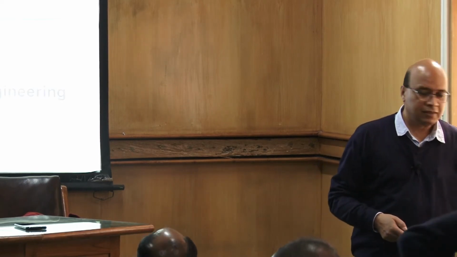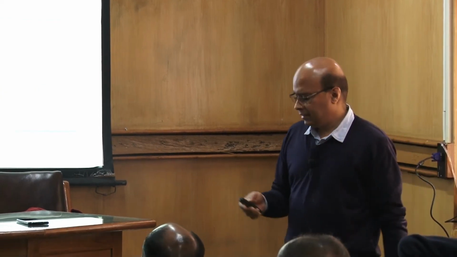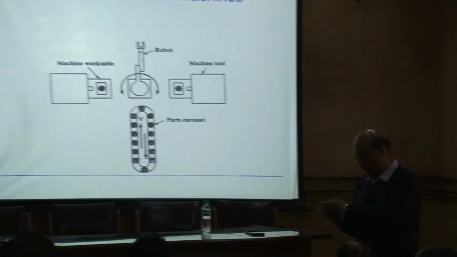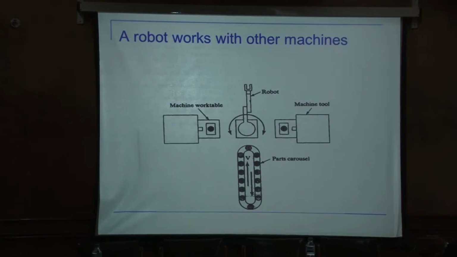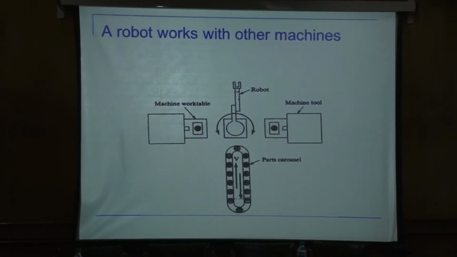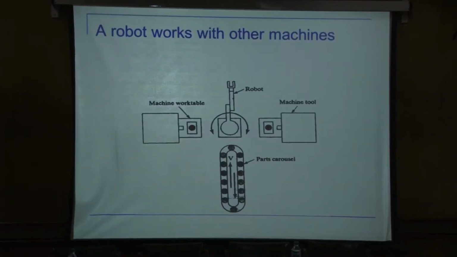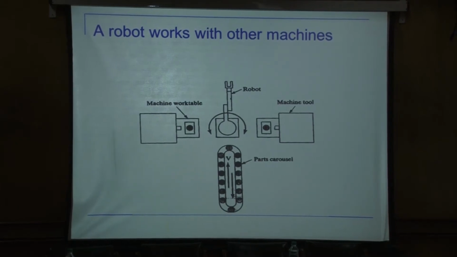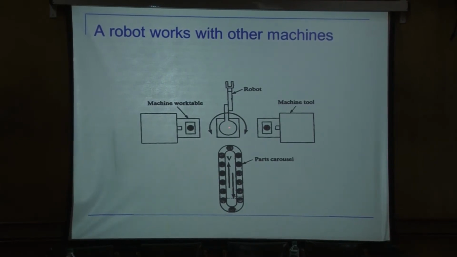A robot essentially interacts with other machines, right? A robot will not be working only on its own. So we will not just have a simple robot which will pick up something and place something. Even if it has to pick up something and place something, it will need some kind of